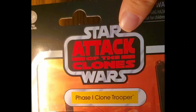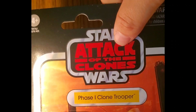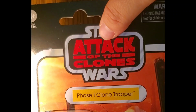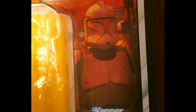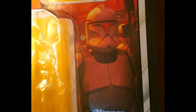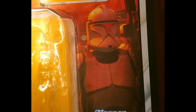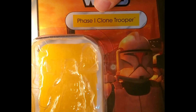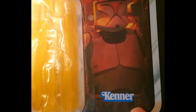Of course, up at the top we have that nice blood red title for the figure that we see on every single Vintage Collection card back. This one, of course, is Attack of the Clones. It has a nice photo of that iconic panning shot of all of the clones assembled on the parade ground before they go off. I think it's before they go off to Geonosis. Again, it's been a while since I've seen Attack of the Clones. Of course, there's a yellow nameplate that corresponds with the yellow pill for the backing, as well as the Kenner